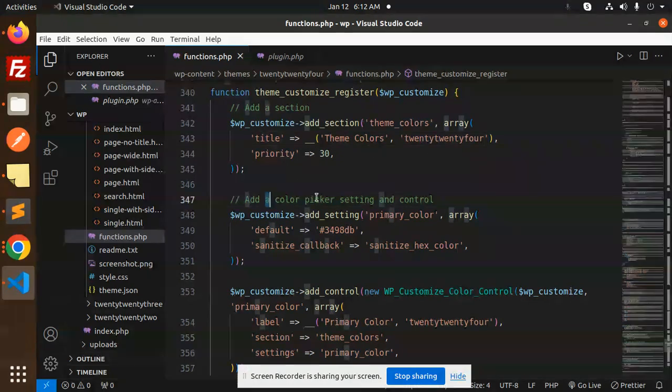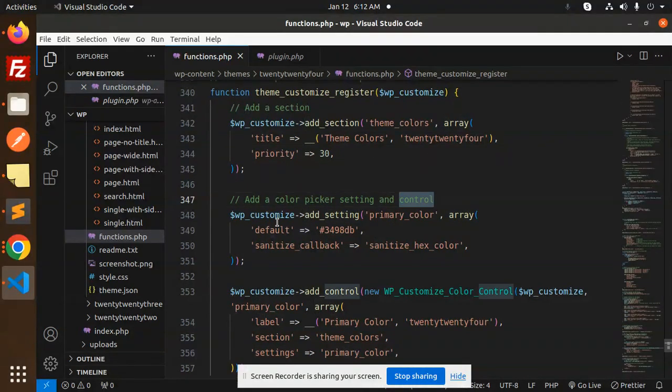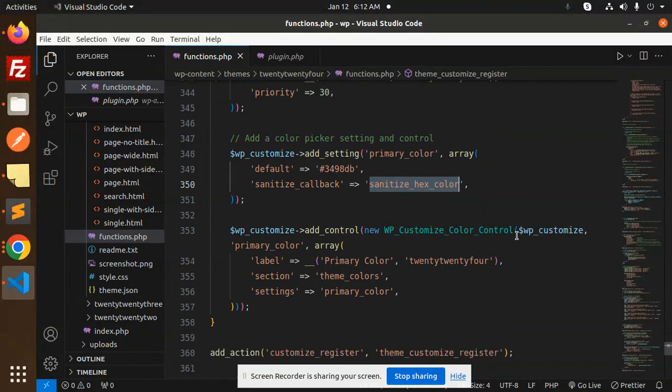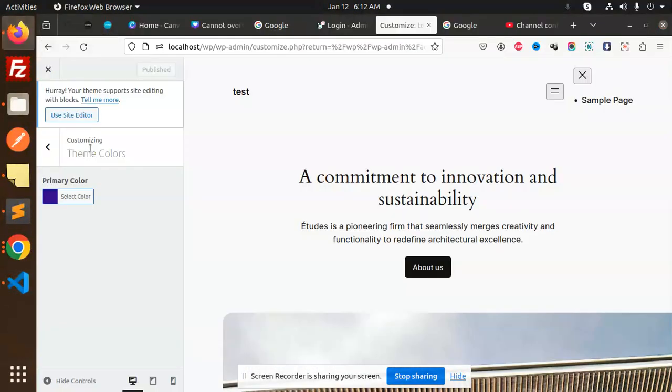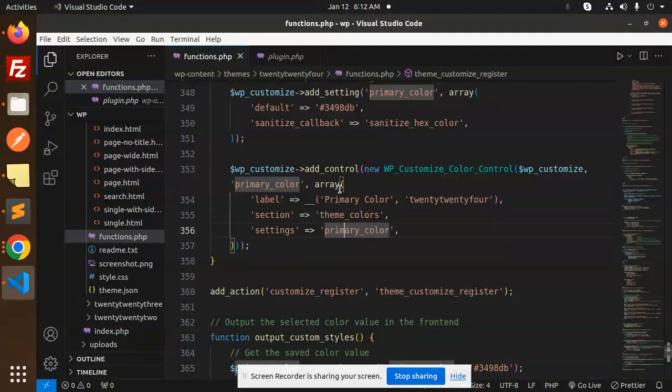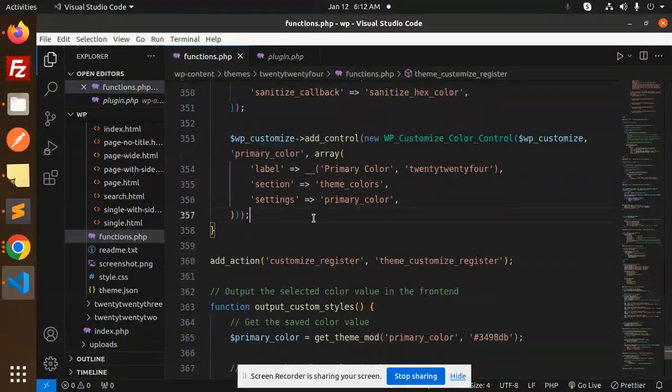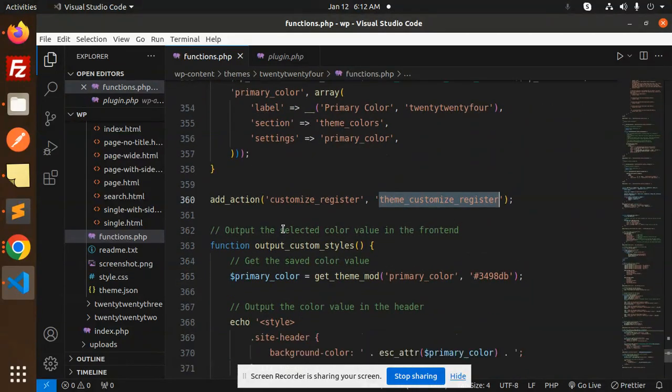Okay, then add a color picker setting and the control, with the default color and sanitize callback. This is hex color. Okay, then wp customize add control, that is primary color, label theme, and this one. Here you can see when we have a primary color and select the color. Okay, after this, the customize register action, this customize registration, then output the selected color value in the front